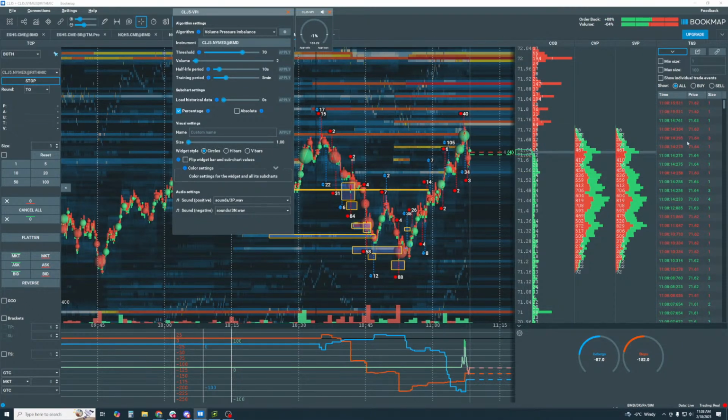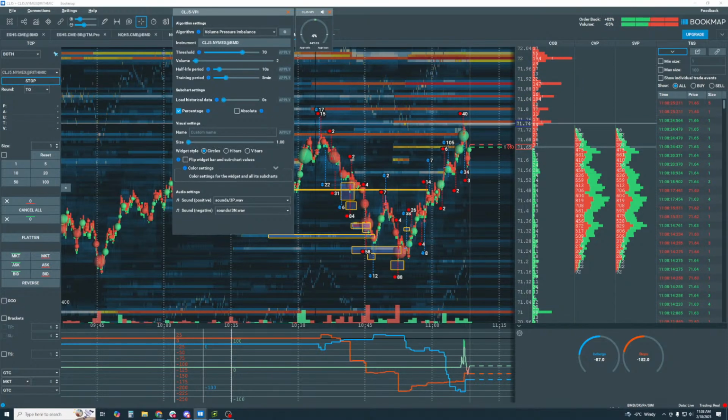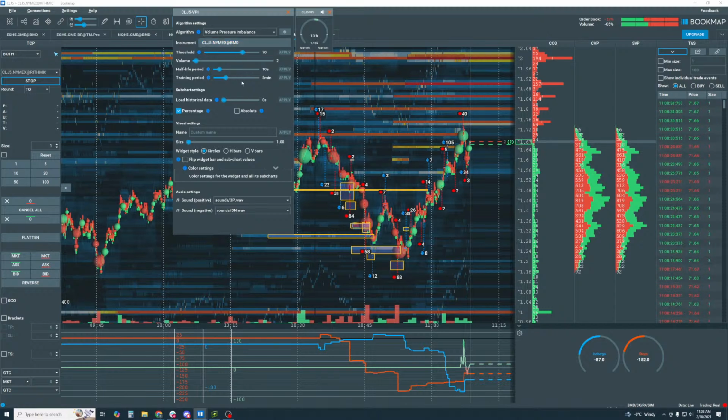So if you like your time and sales a lot, and also you're looking at your liquidity map up in these areas up in here, this is going to give you additional insight over the last 5 minutes. For this example, we're looking for the amount of pressure, buyers versus sellers.